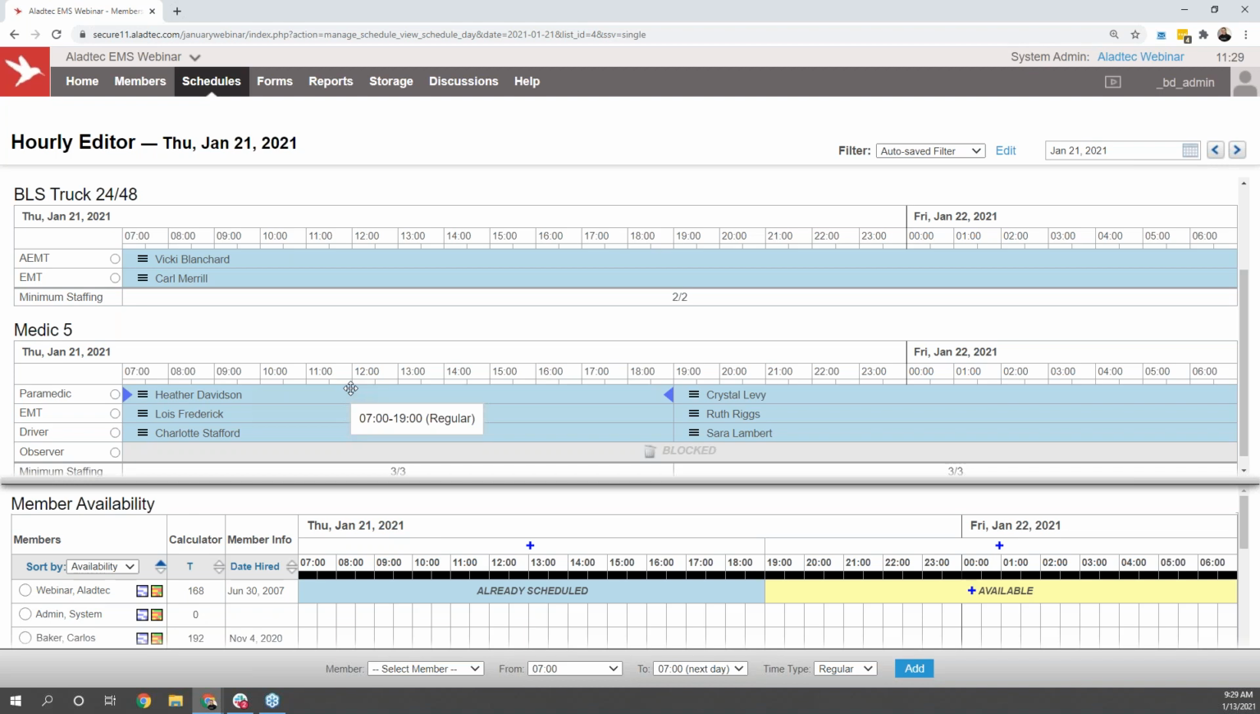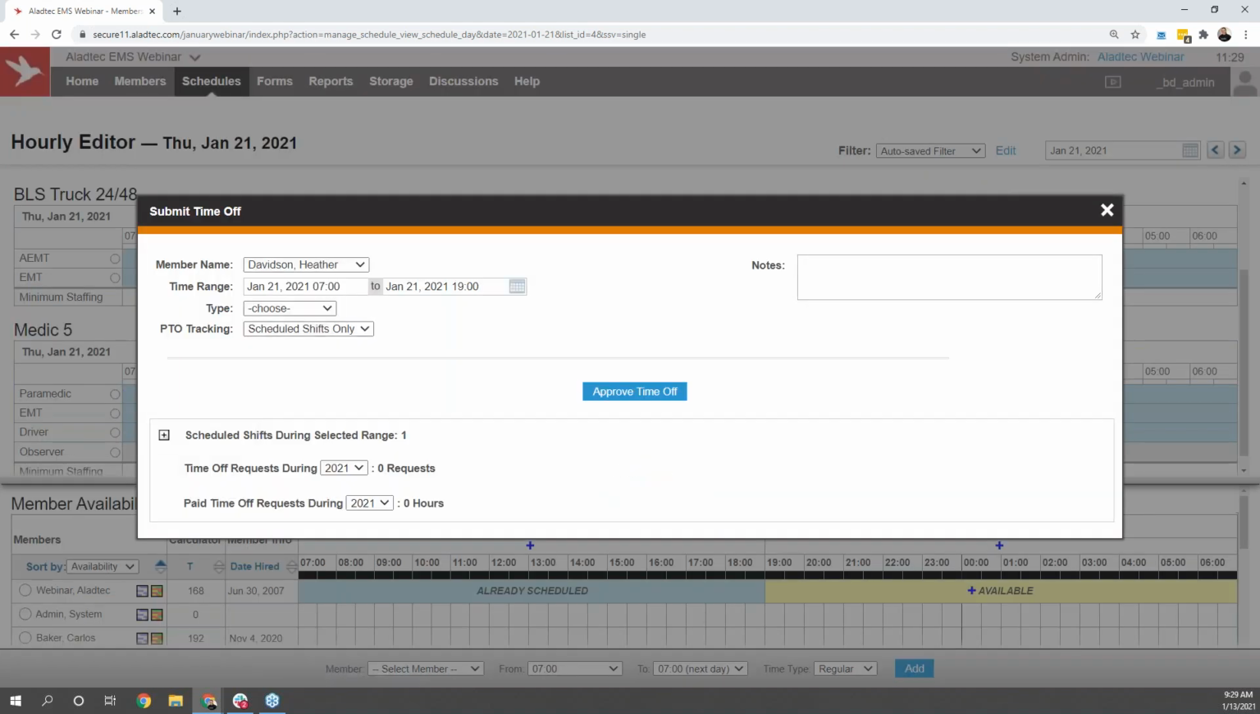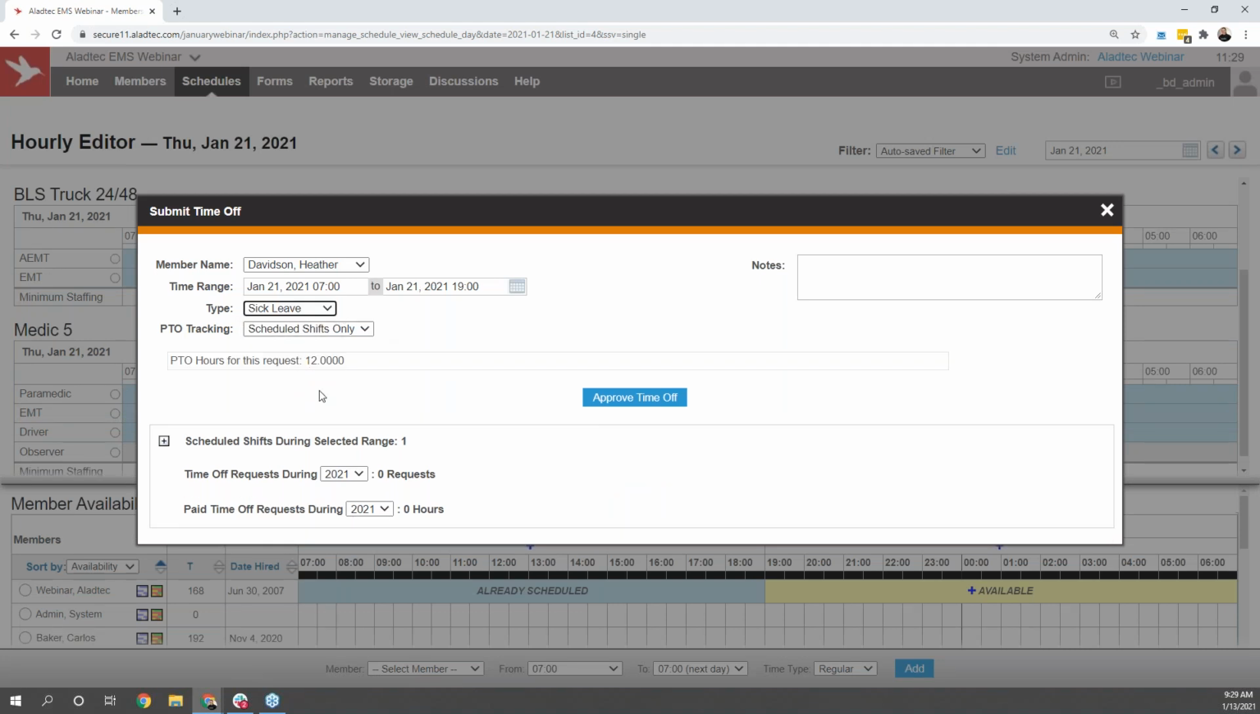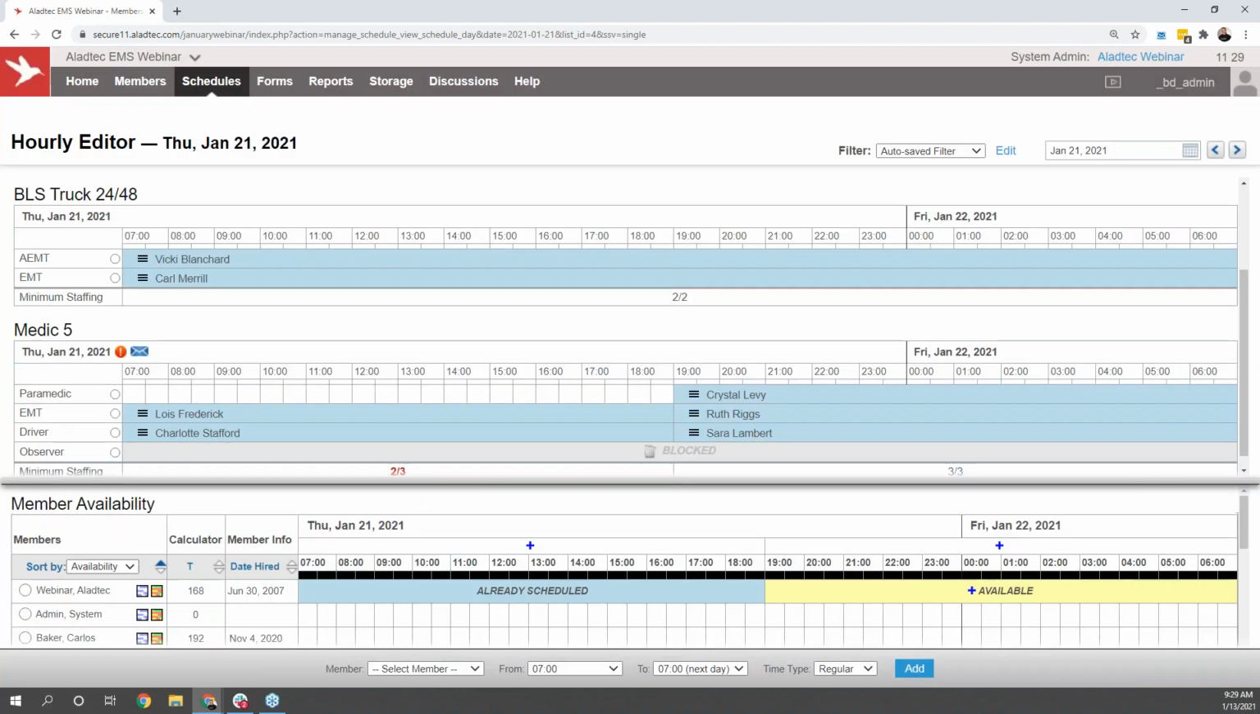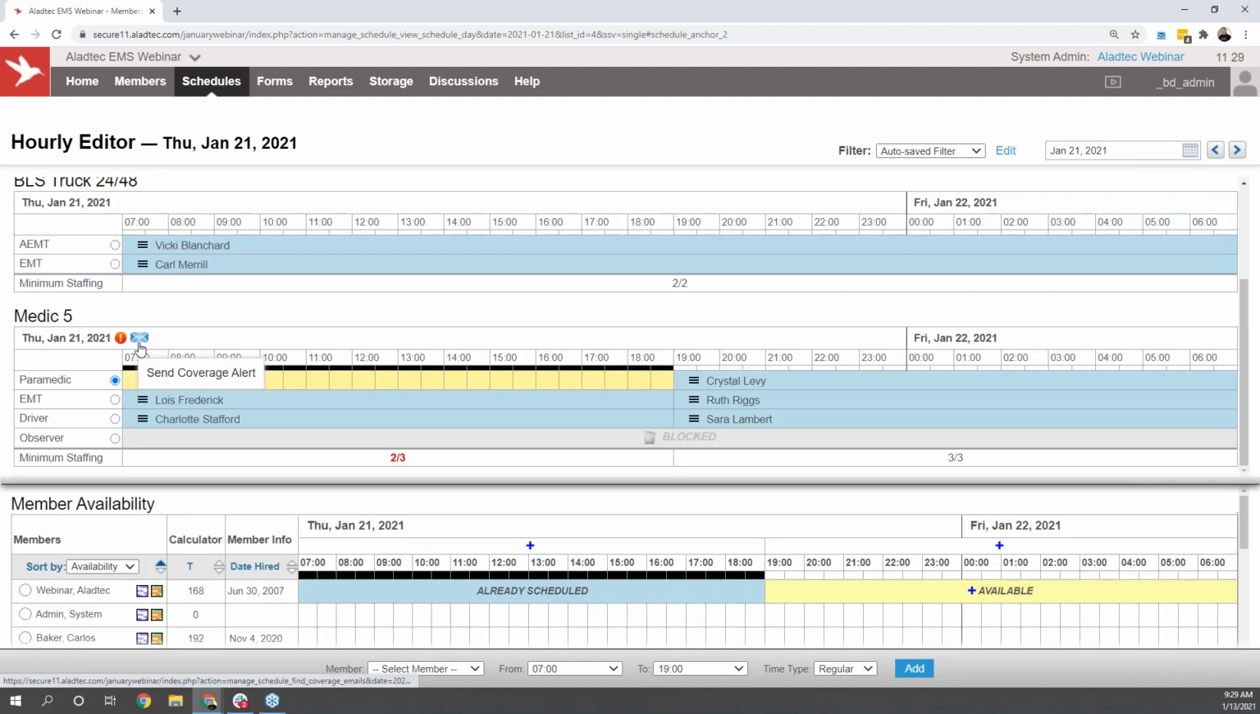As an administrator from the hourly editor page, I can hover over the three lines to the left-hand side of that shift and submit time off on behalf of the user. It'll automatically default to the time of the shift, but you can also choose that type from the drop-down list and select the option to approve. Once that's approved, we have that open position showing up on the calendar. I can send out that alert right from here saying that I need coverage,